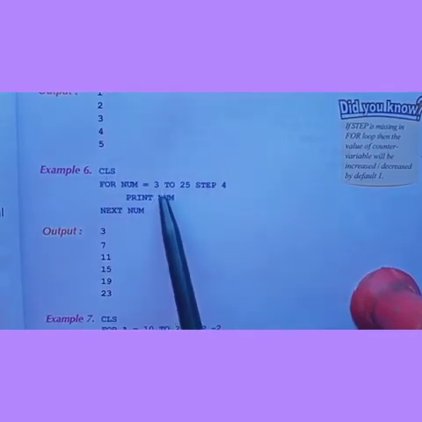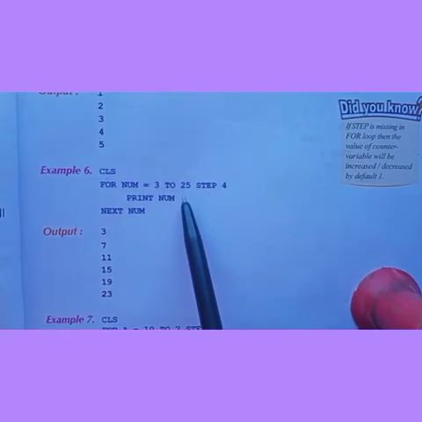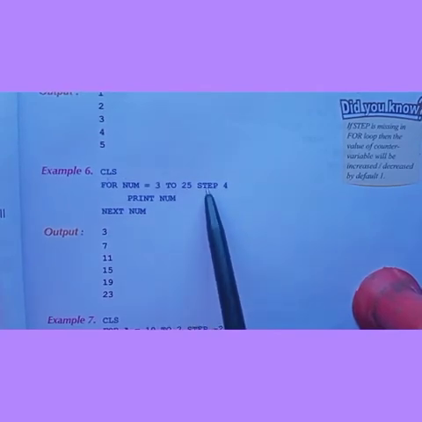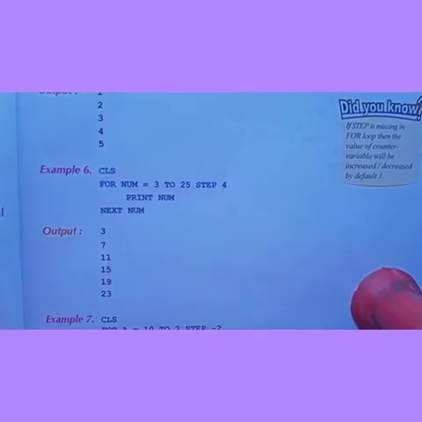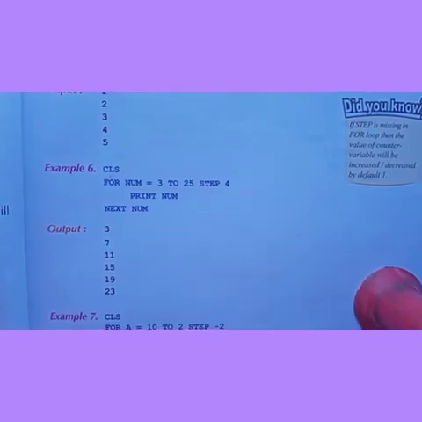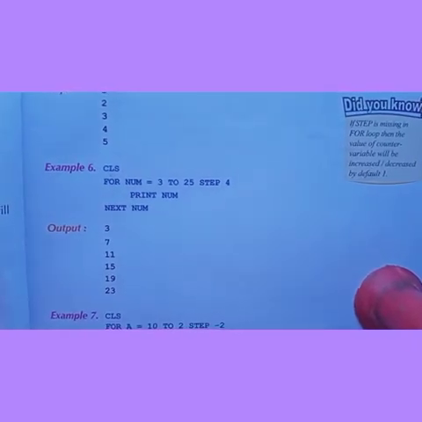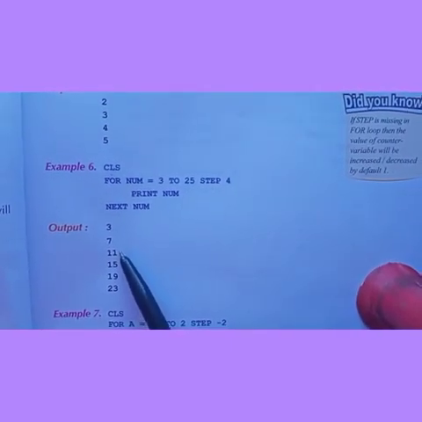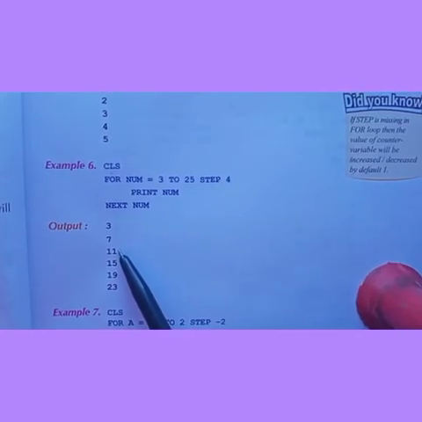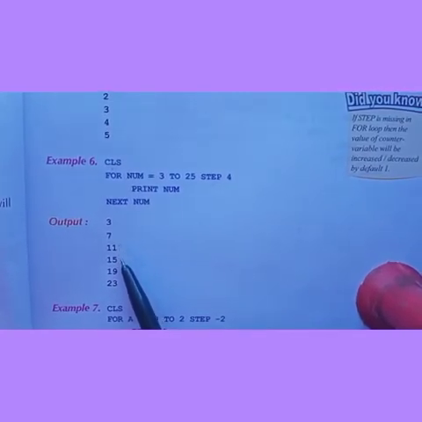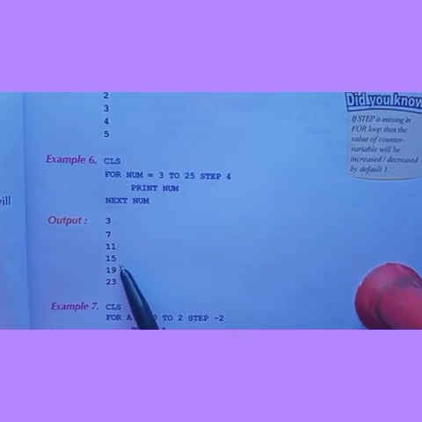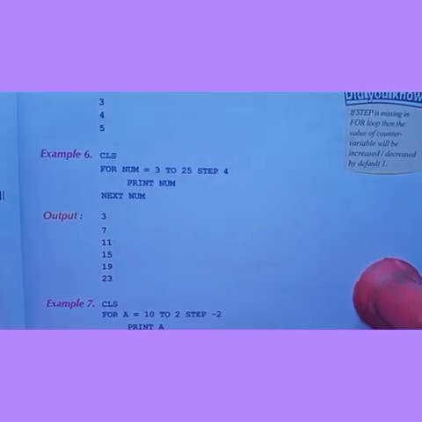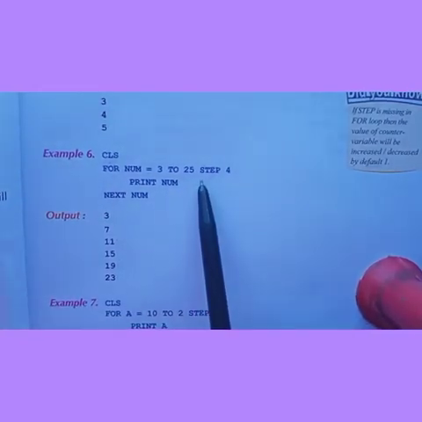It will say still it is 3 to 25 and we have printed only 2 values, that is 3 and 7, and we have to go on till 25. So after 7 again step 4. Again 4 values are going to be skipped, and then after 7 it will become 11. So skipping 4 values, 11 will be printed, and then again print num, next num. After 11 again 4 values will be skipped, 15 will be printed, and again after 15 4 values are skipped, 19 will be printed, and then again it goes there till 25.